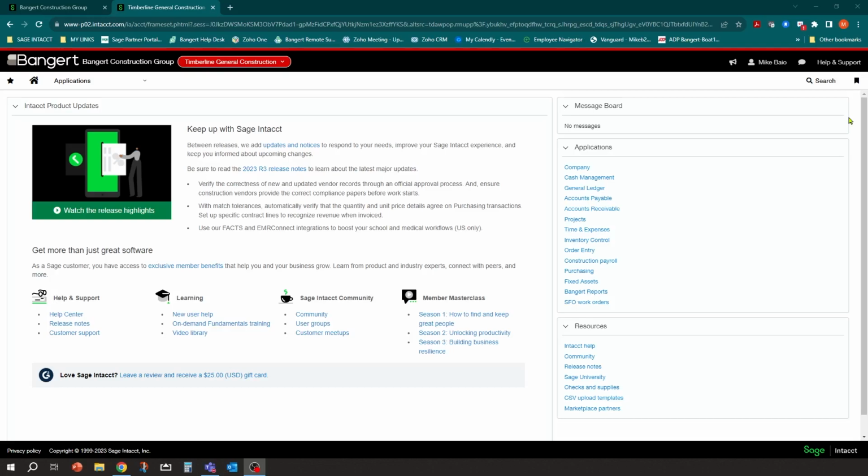So what we're going to do is go through a couple different scenarios here today. First one's going to be, how do we make adjustments before our payroll checks are approved? Then we'll go through, all right, well, what happens if I've approved the checks already? What options do I have for adjustments then before I post those checks? And then when does it make sense to use the import adjustments process in the system? And then we'll also go in at the end and show you how to adjust your PTO balances if needed.